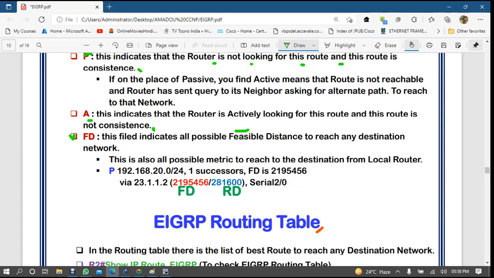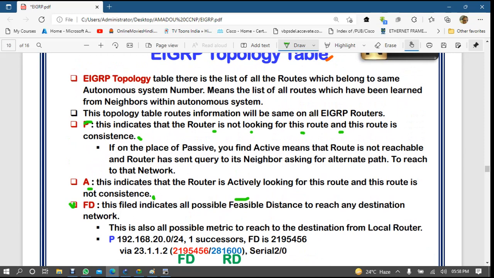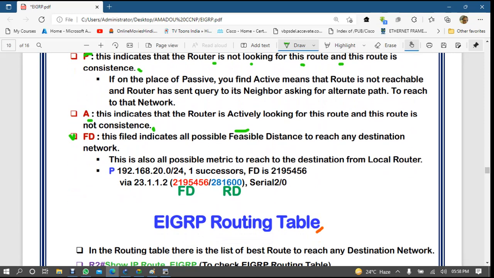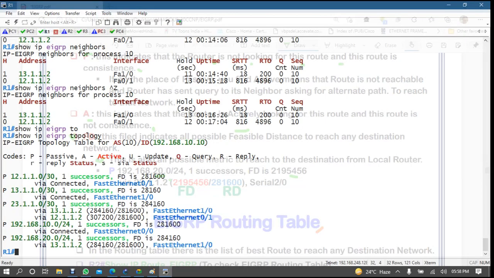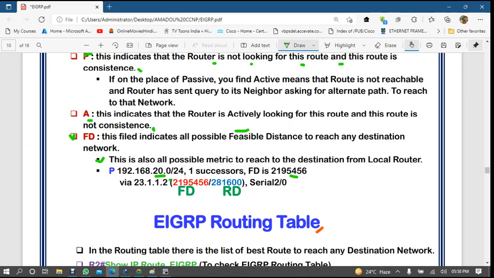Normally if you run the command show ip eigrp topology, you will get information like this, P and the network. You are getting two values here. What is the meaning of the first one and the second one? The first one is known as feasible distance, meaning the total path, and the second one is reported distance, meaning the distance your neighbor has given you.